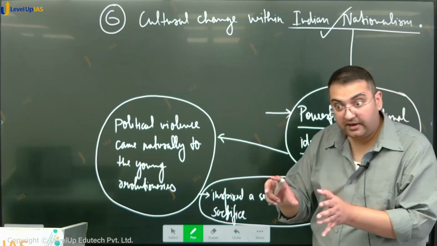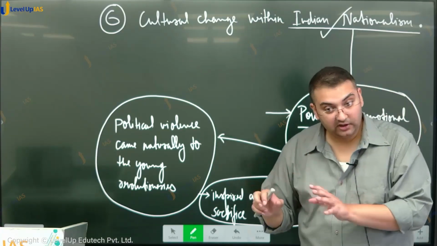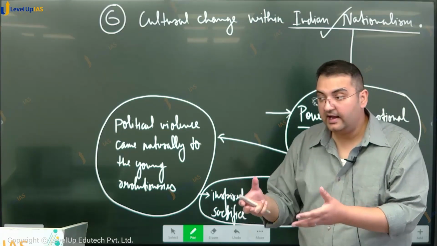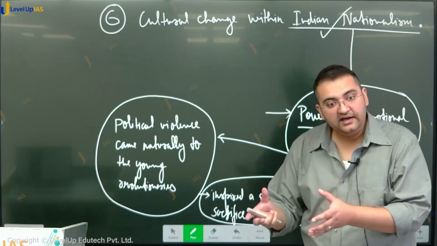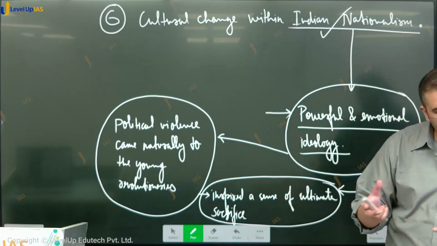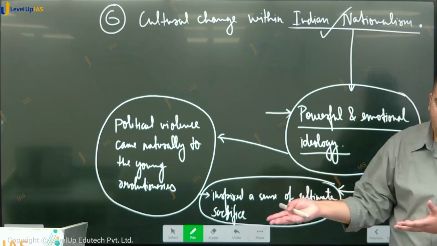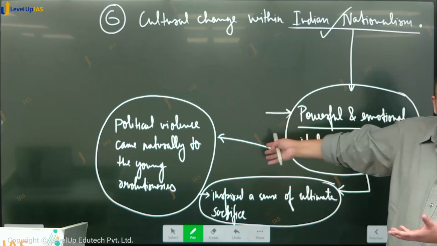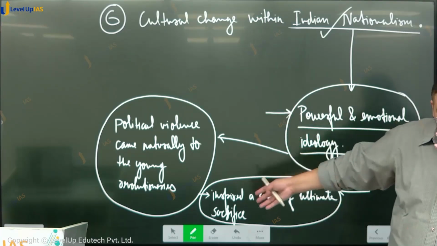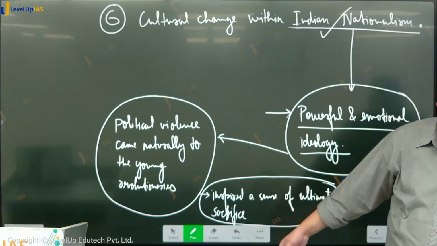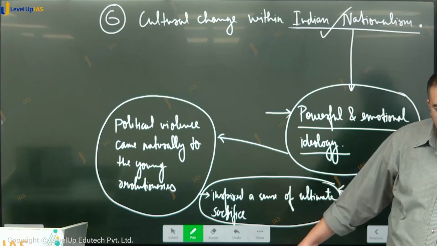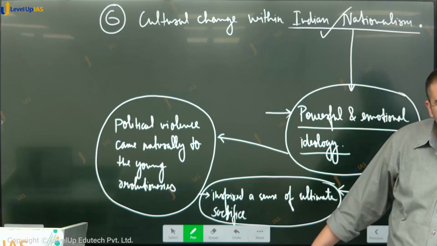Vande Mataram became a popular slogan and song which also evoked the imagery of India as a divine land, right? And it was seen as the divine land for all Indians, और इसके लिए ये लोग कुछ भी करने के लिए तैयार थे. The Swadeshi movement and the developments preceding it, especially under the leadership of cultural personalities and intellectuals